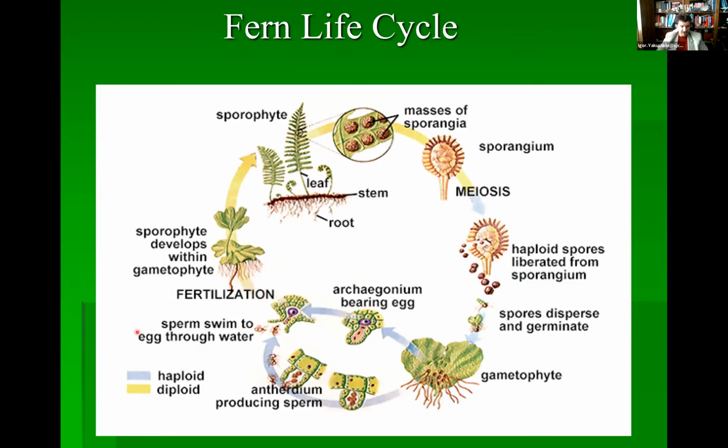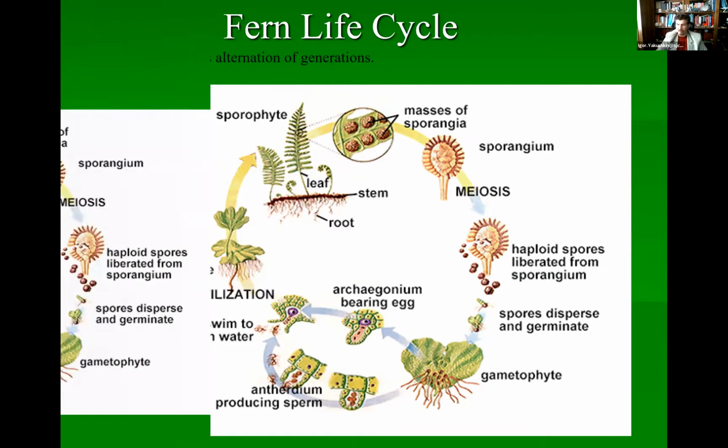Fertilization occurs, but again, you have to have water. That's why the ferns will not be found in the very dry places. And that's one of the reasons why later on we start seeing the gymnosperms take over the world. About 250 million years ago, the continents merged into a supercontinent, and the central parts were fairly dry, so they could not get the sperm to swim through the water. As a result, they had to change the strategy on how the sperm gets to the egg.